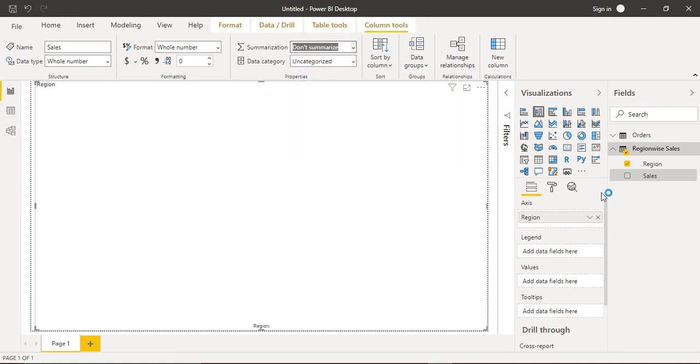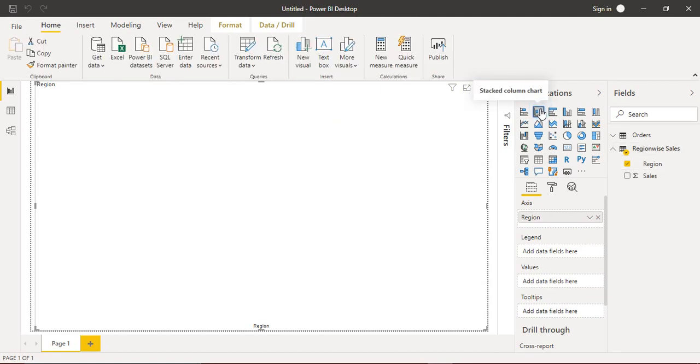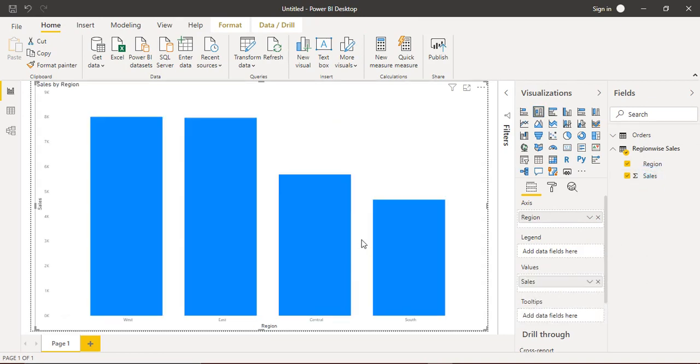I think it should work. Let's get the column chart again. Region is already there, and values for sales.